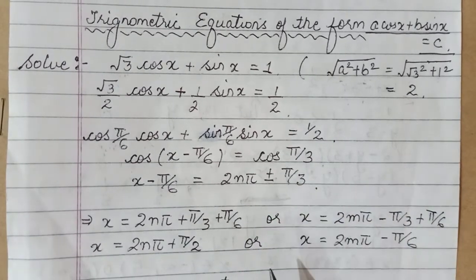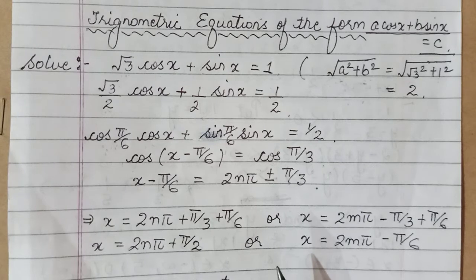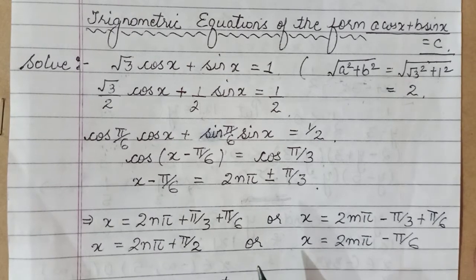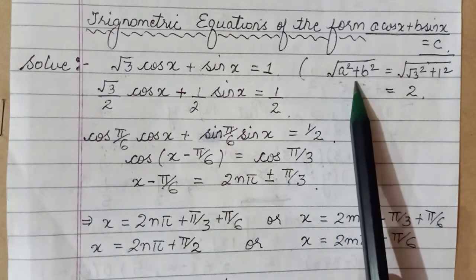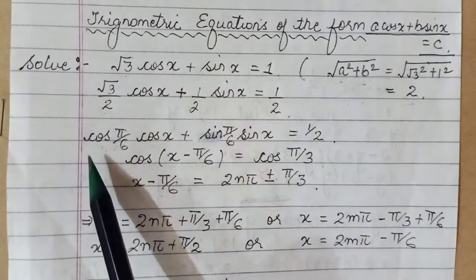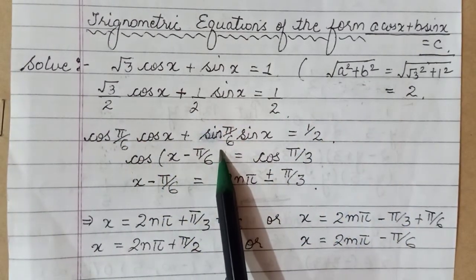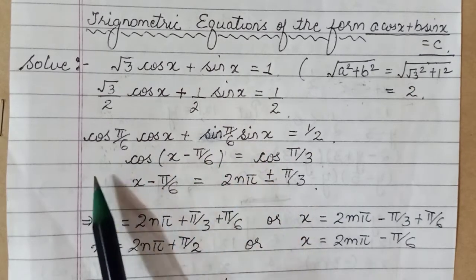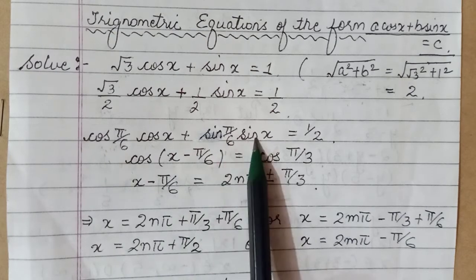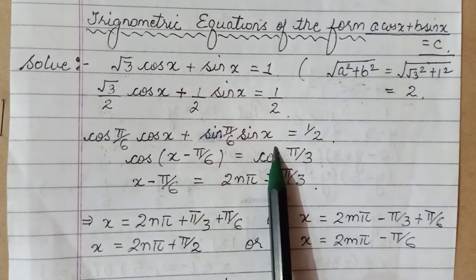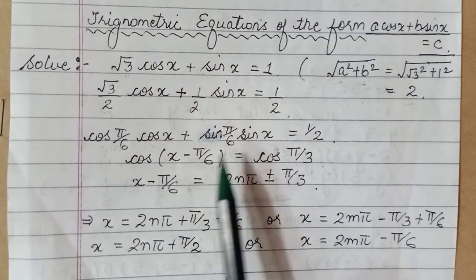So the first one I've done with the help of cos. This one example I've done with sin as well. Okay, so I hope it is clear. What were we doing? We were dividing throughout by under root of a square plus b square here, which was helping us introduce sine and cos ratios of a particular angle, which in turn gave me one of the trigonometric formulas, cos a cos b, sin a sin b, or maybe the other way around, sin a cos b plus cos a sin b, whatever the case may be.